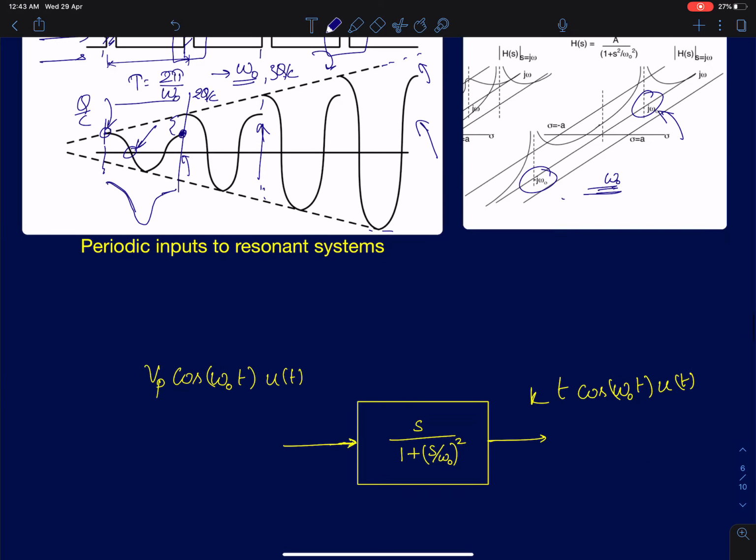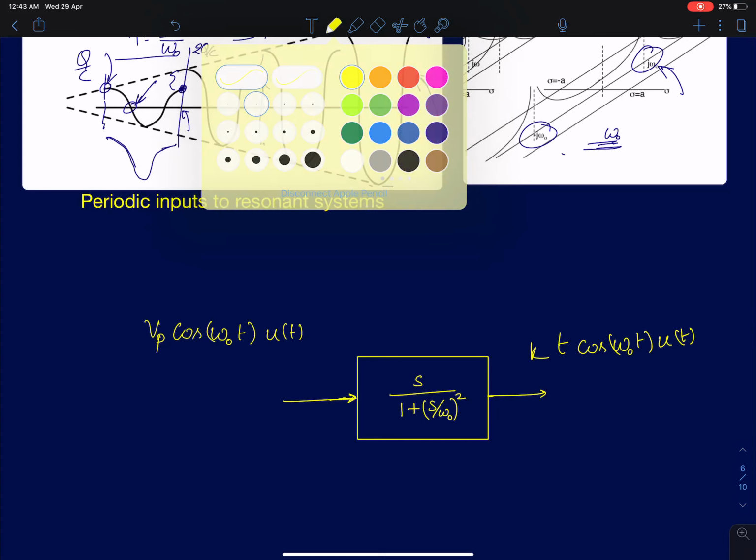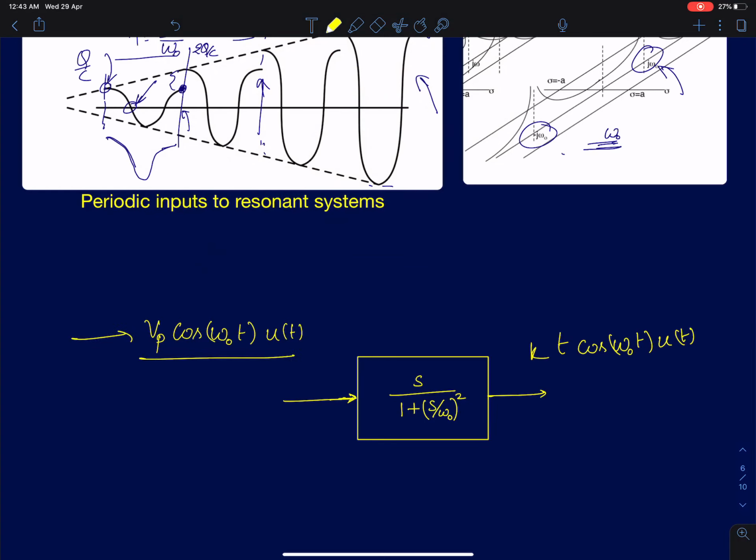In fact, if you feed a sinusoid of frequency omega naught of this form, you will get an expression of this form. I think it can be cos or sine. Again, the video that I've posted in the description contains an exact derivation for this result. You can go through that. All we have shown here is that the amplitude is going to increase linearly, and in the steady state, this is going to blow up to infinity.